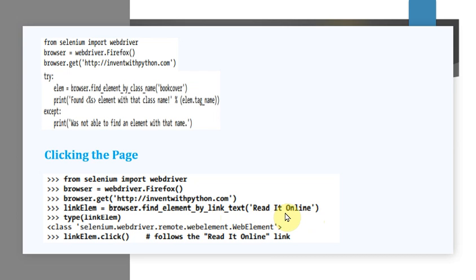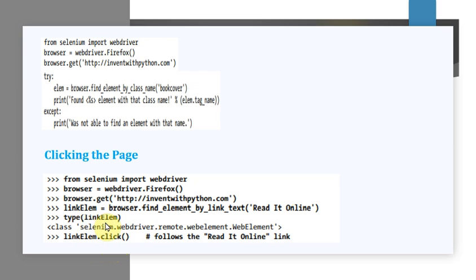So it is going to search and then simulate clicking on this anchor tag element, just like how you use the mouse. Assume you have a web page with the text read it online, which you can click. That task can be done by this link element dot click.